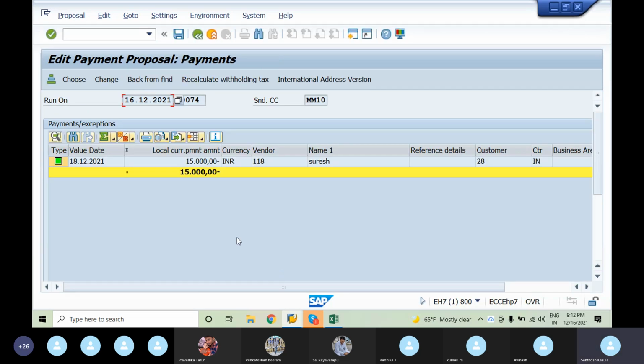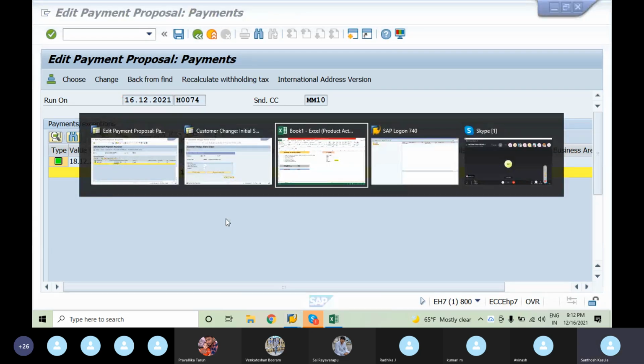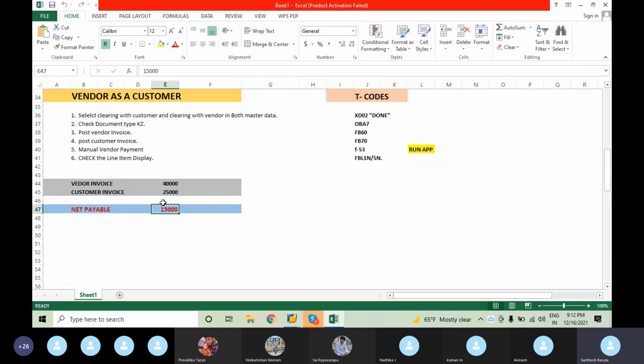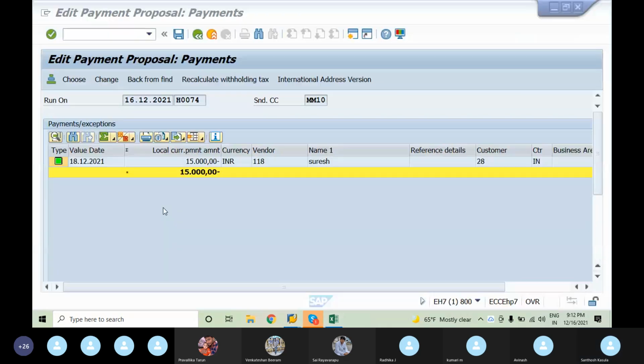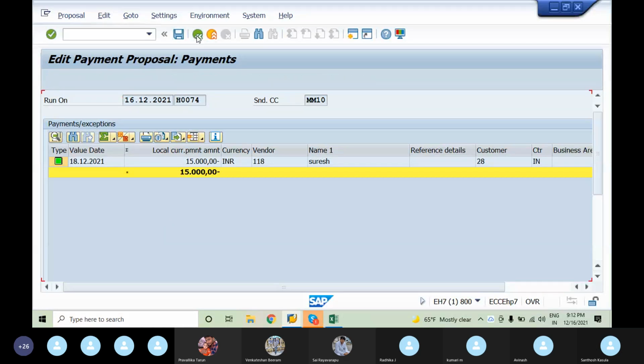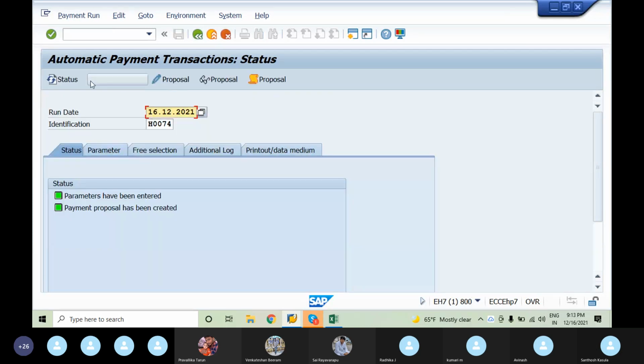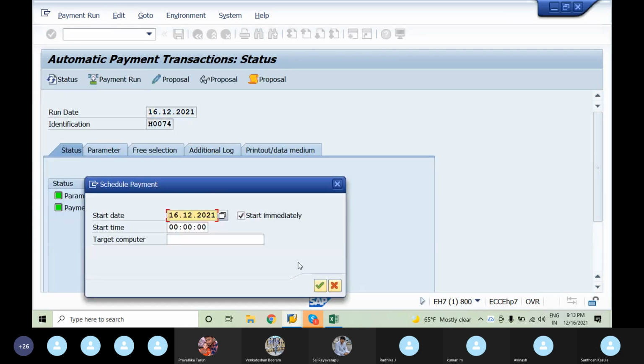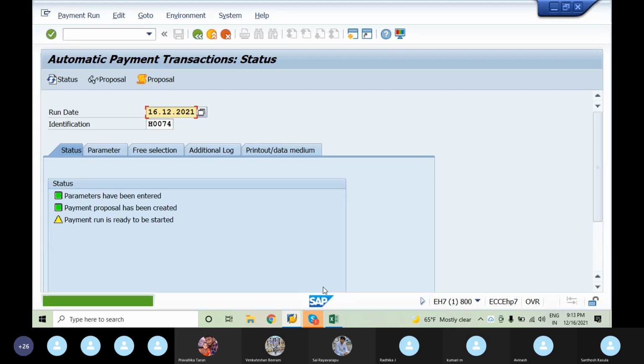So as I've said, the net payable is 15,000. So payment has been done.